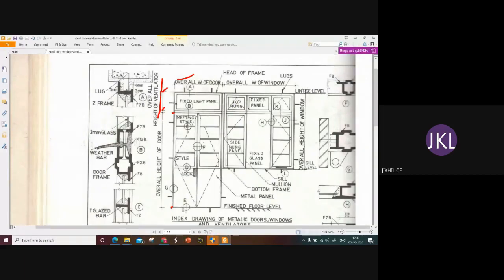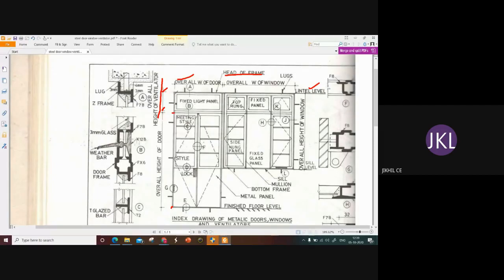So the top portion is called the lintel level, and we have the top frame called the head of the frame. Head of the frame is the top frame, and this is the lintel level.